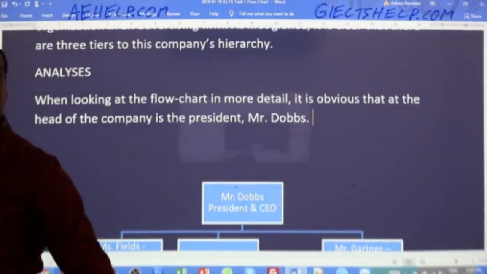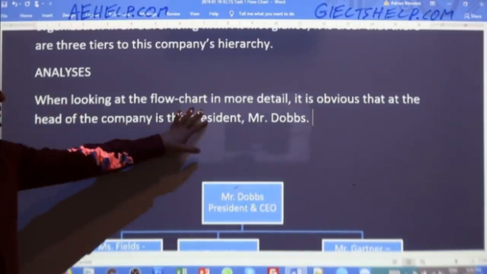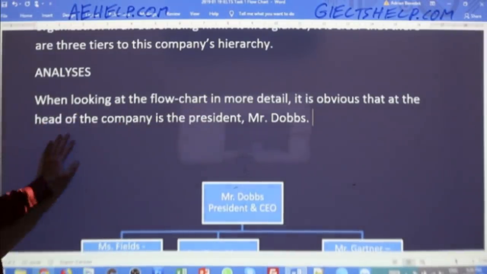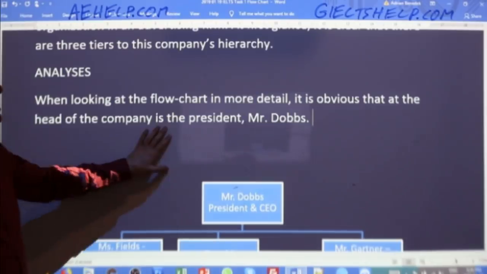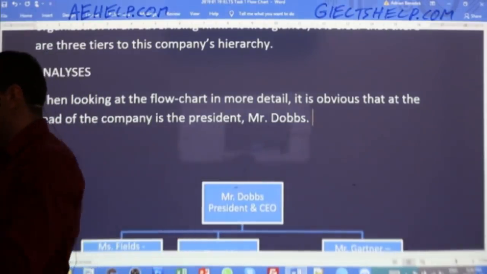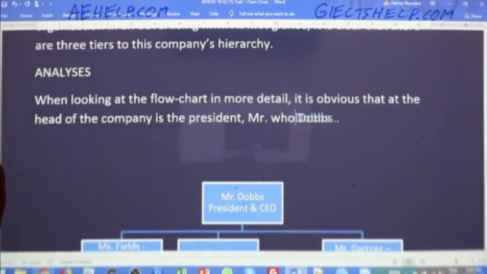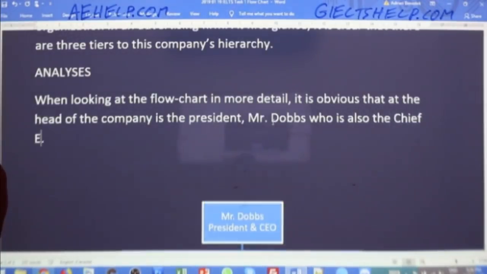So I used a complex sentence when looking at the flowchart in more detail. It is obvious that at the head of the company is the president, Mr. Dobbs, who is also the chief executive officer.